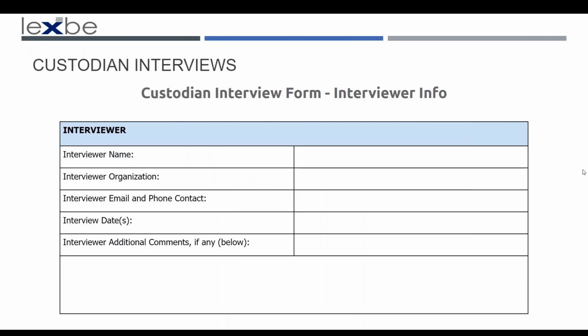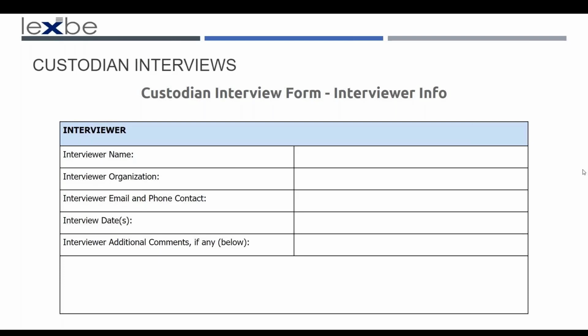and that could be the attorney, could be somebody on the attorney staff, could be somebody on the eDiscovery provider staff, or somebody else who's brought in to do the interviews under the direction of the attorney. And then this form would be signed by the interviewer and it would serve as evidence that a proper attempt of getting custodian information was done and should be good evidence for the attorney meeting his or her Zubulake obligations, as that's codified in various eDiscovery rules in federal and state courts.